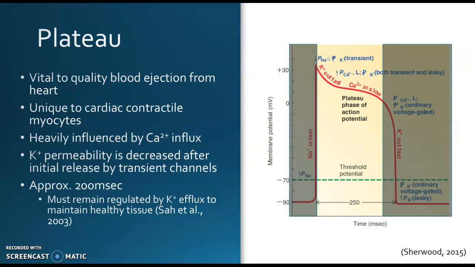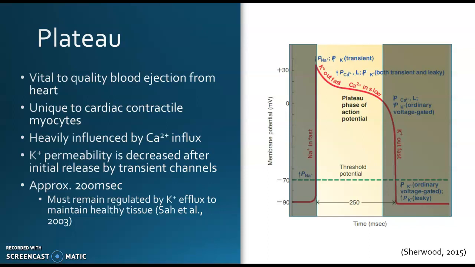And so that is going to allow a very quick but limited amount of potassium to get through those channels and kind of start the repolarization process, but not completely. Then, as we continue across our timeline here, we see that you have calcium now coming into play. Okay, so this plateau, before I go any further, this plateau phase that happens in these